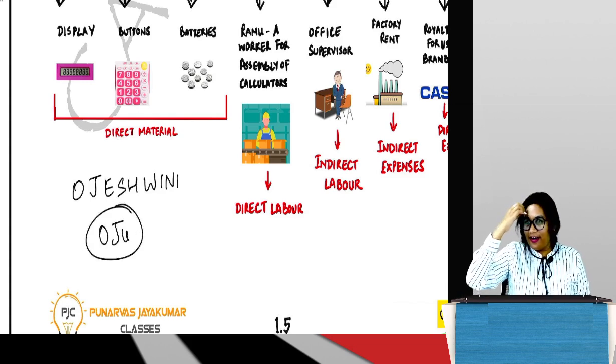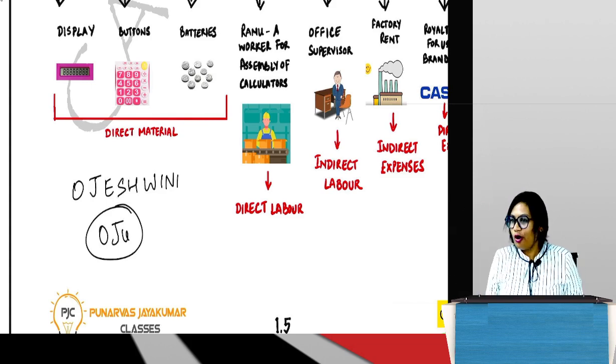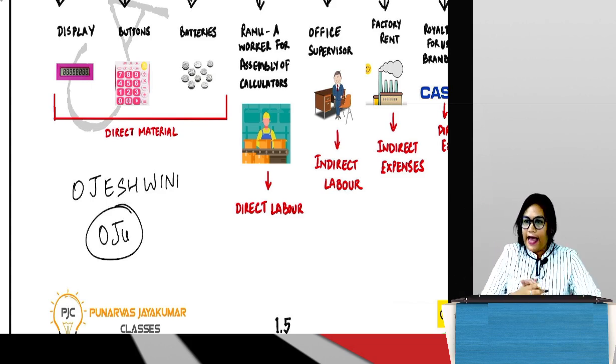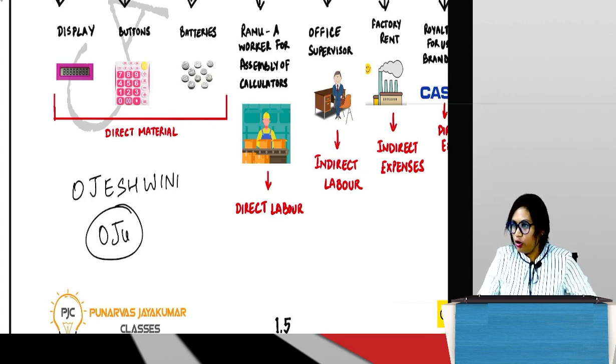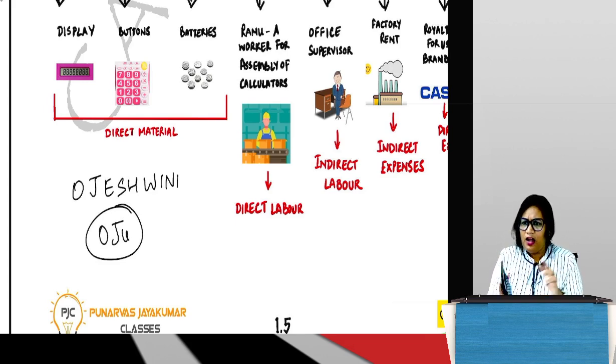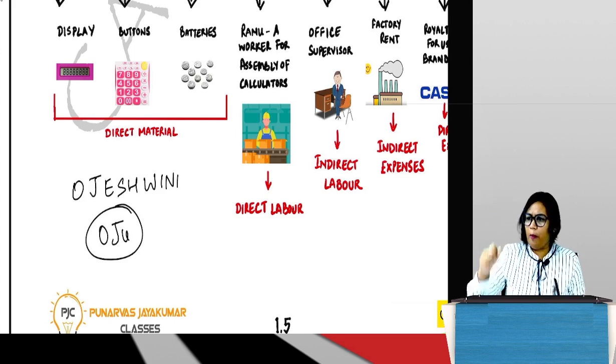So our Oju here is an entrepreneur. She completes CA and she decides that I'm going to become a serial entrepreneur. I'm going to own many businesses. So Oju gets an idea. Let's manufacture calculators, for the commerce students specifically. Now Oju says that this is the Casio brand. Everybody knows this brand, right? We've heard of this brand, but Oju feels this brand is not great. There are many shortcomings with this brand. I will manufacture my own calculator.